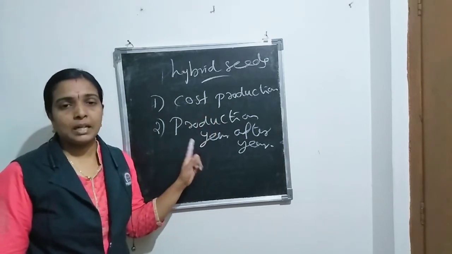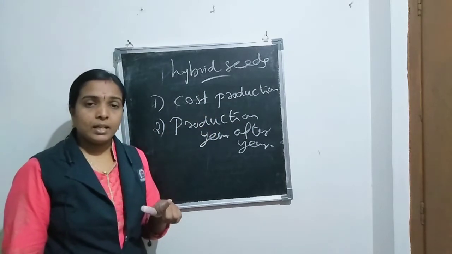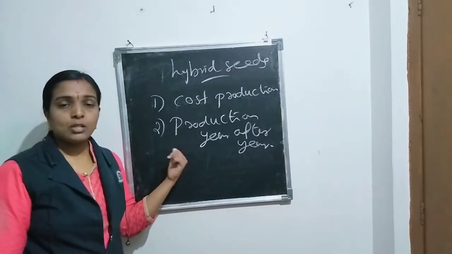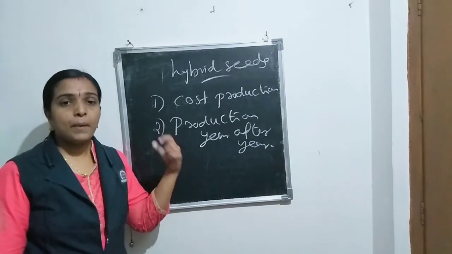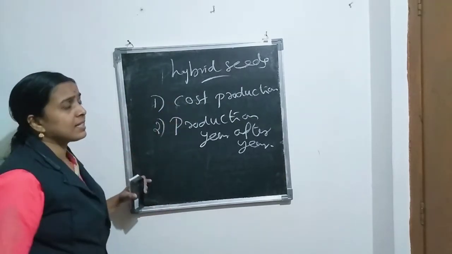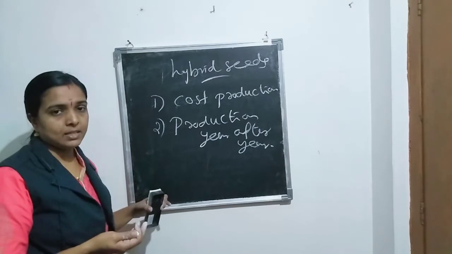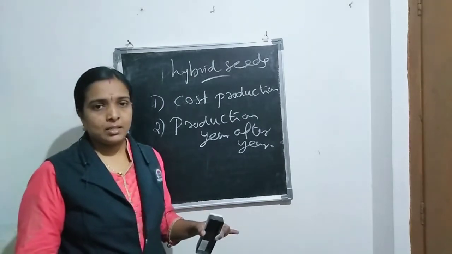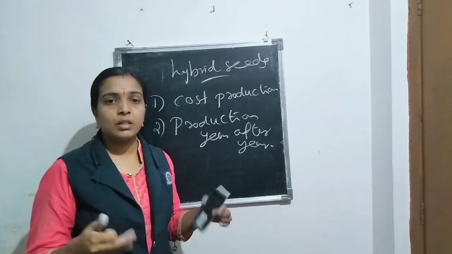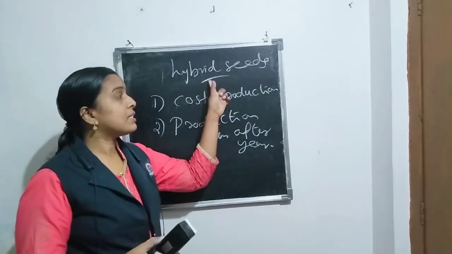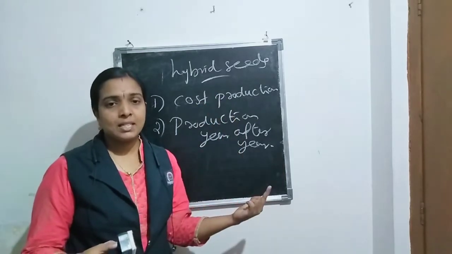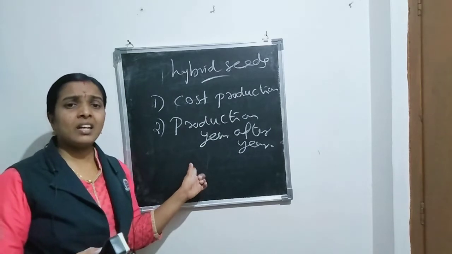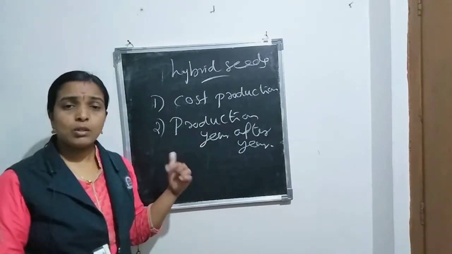These are the problems related with the hybrid seed, but one advantage, it shows high productivity. Then how can we solve this problem? We can solve this problem by converting hybrid seeds into apomictic seeds, through apomixis. What is apomixis? Production of seed without fertilization. So hybrid seeds are made into apomictic seed. Through that technique we can solve that problem.